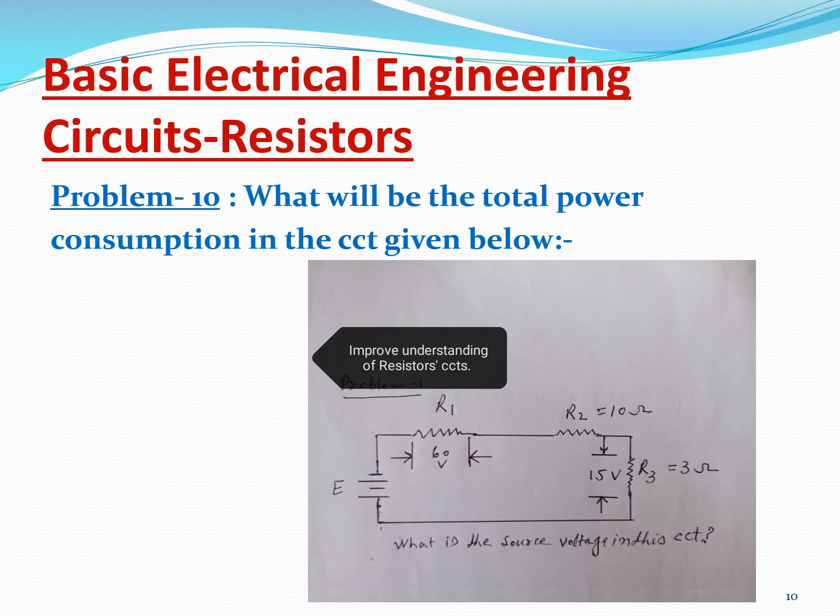So either way you can calculate the voltage drop across R1, R2, R3, and then the power consumed by R1, R2, R3 and sum it up, or you can say that the current which is flowing through the series circuit is 5 amperes, and the voltage, as we have already said, is 125 volt. So multiply these two and it will come out to be 625 watt.